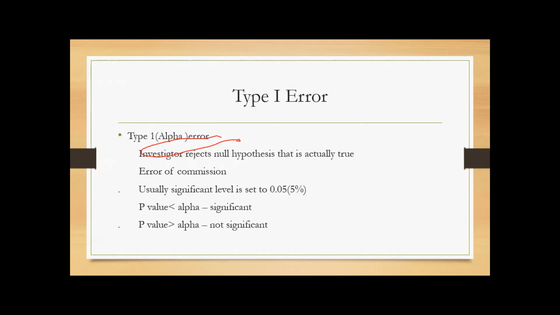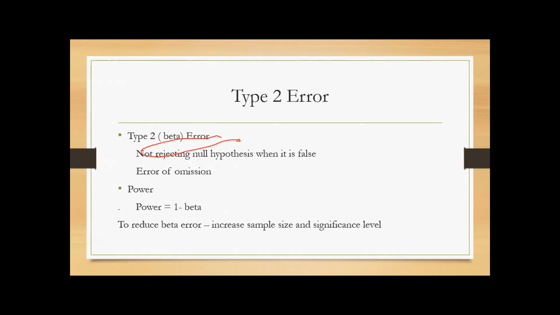Moving on to the type 2 error, it is called beta error. It means that the investigator is not rejecting the null hypothesis when it is false. It is simply called false negative, and it is the error of omission. The power